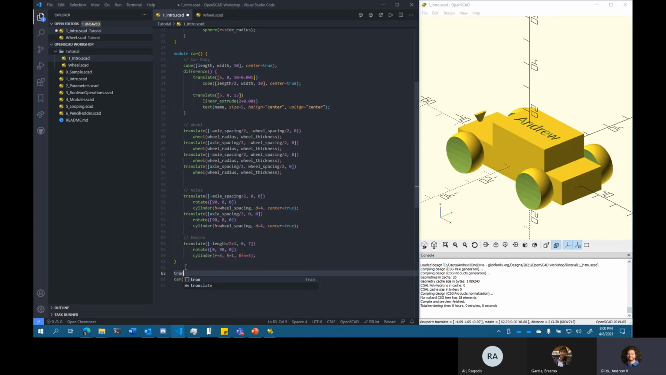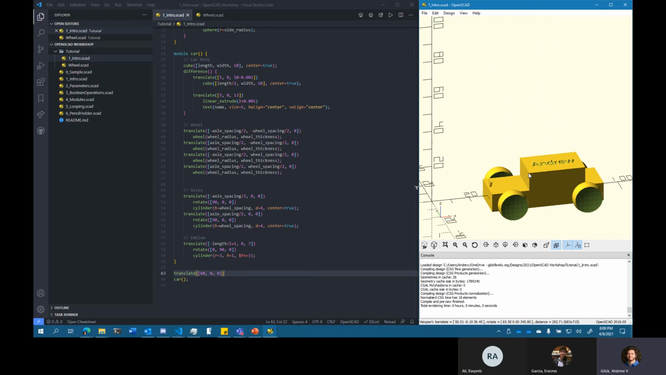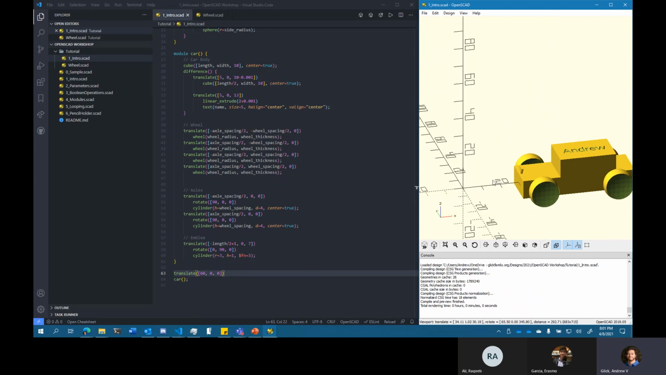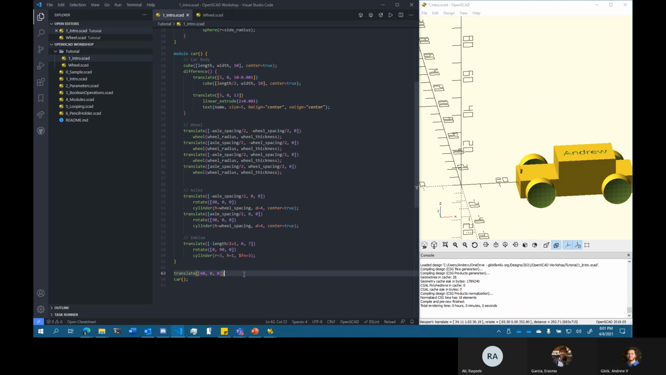And it's cool because we can just translate the entire car. Let's translate this 60 forward. Yeah, so 60 in the positive direction, which is backwards for the car, of course, because that makes total sense. But we can actually do some cool things with this now,